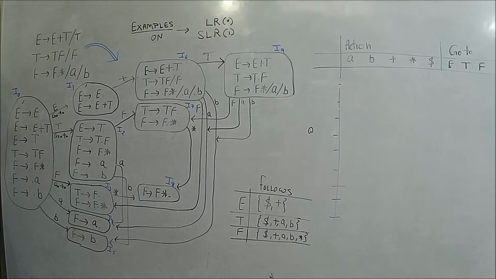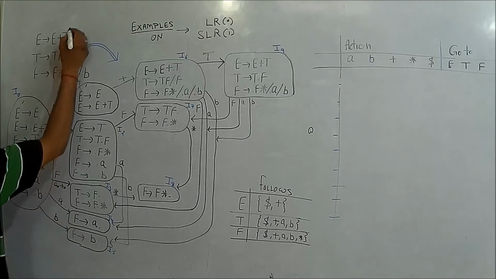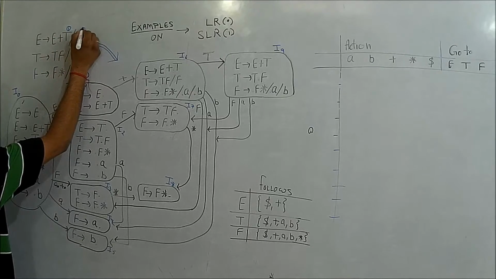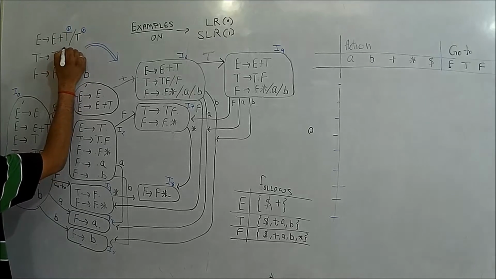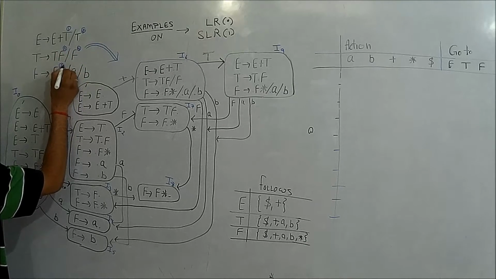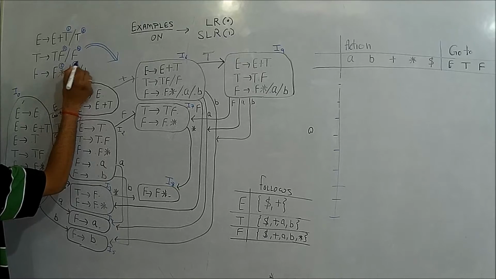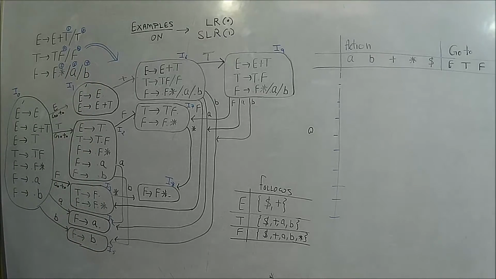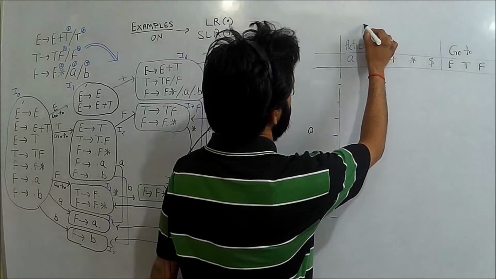So after assigning this numbering to all these items, I will also assign numbering to these productions: number 1, number 2, number 3, number 4, number 5, 6, and 7. Okay. So after assigning this numbering, I will draw the LR0